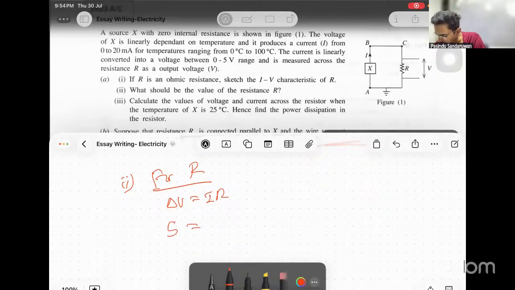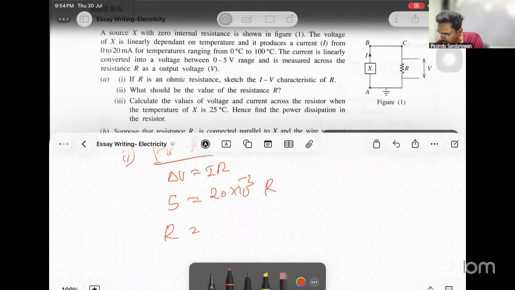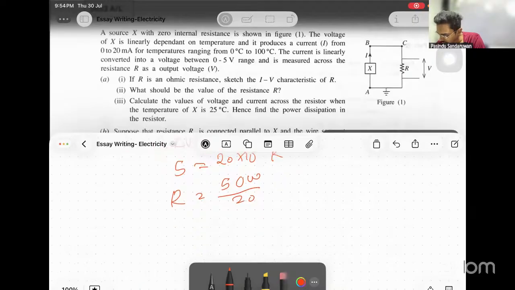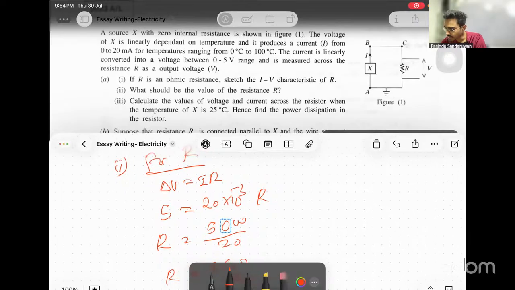Delta V is 5. The maximum current that is going to flow is 20 milliamperes. 20 times 10 to the minus 3 times R. Then R equals 5000 over 20. Then R equals 250, no? 250 ohms. Next,